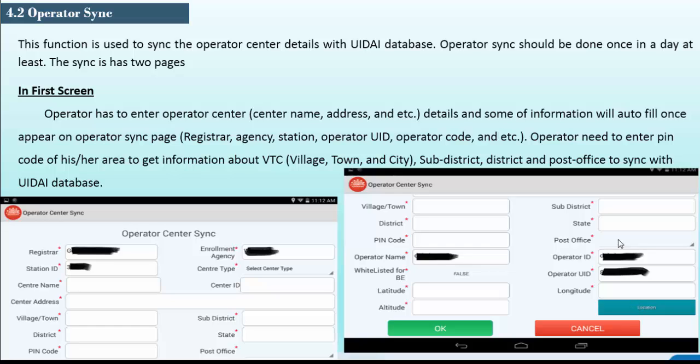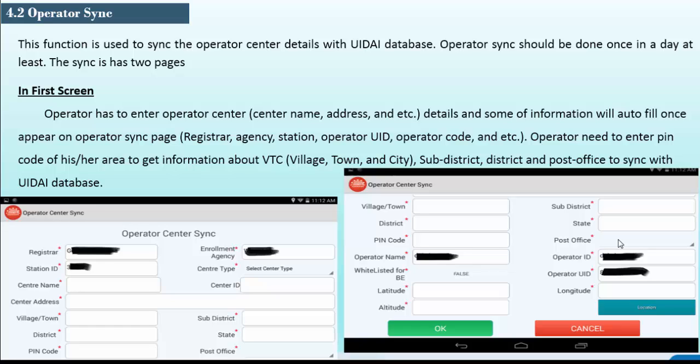So before starting the enrollments from the CLC client, you have to ensure two things. One is whether the internet is connected properly, and the other is whether GPS is enabled in the CLC tablet or not. Without that, if you enroll the children, the packet will be rejected from the UIDAI server.